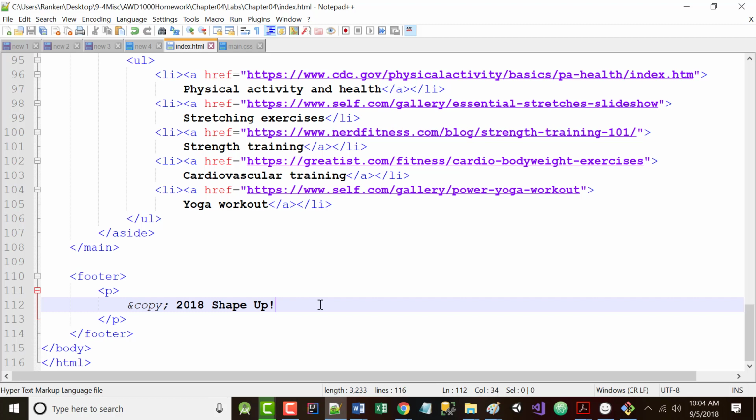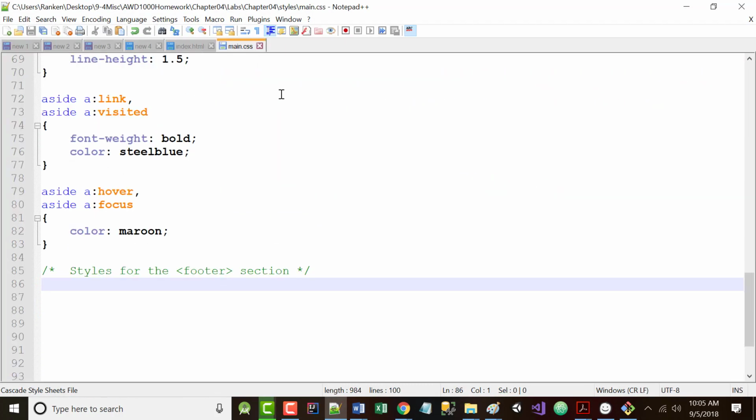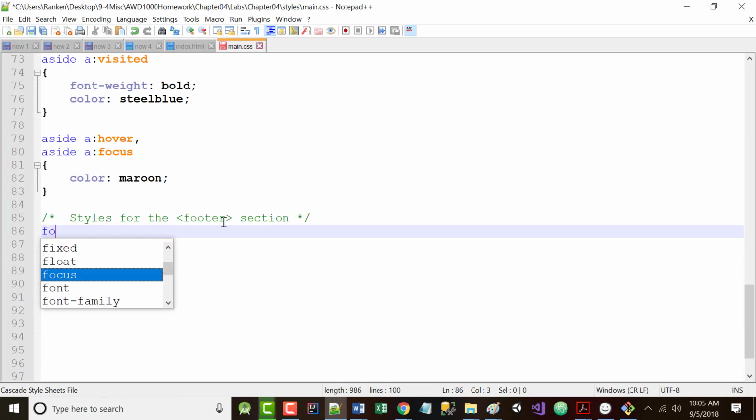Normally, when you put a footer in, there are 2 things about it. Normally, it's centered, and normally it's a little bit smaller than the other text. Those are just guidelines. There's no hard and fast rule that says you have to do that. So I'm going to go back to here and put in for my footer, which has just a paragraph in it,